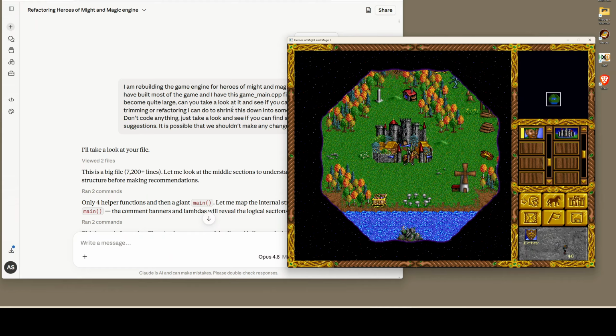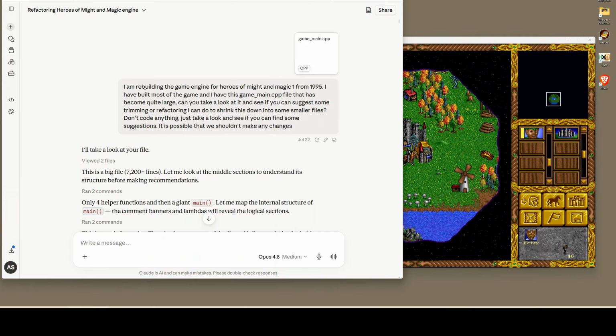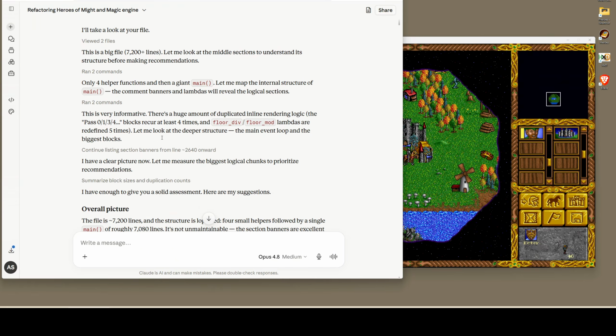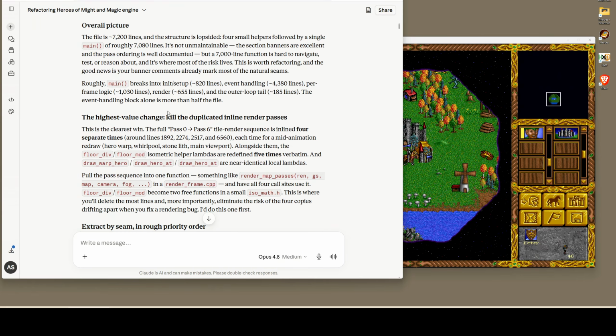So basically my game main CPP file is getting pretty big. It's 7,200 lines. And so I said, hey, let's just try and shrink this down. Let's see if we can rip something out. But don't code anything, just take a look and give me some suggestions for what we should do to refactor this and pull some things out. So I came up with a couple ideas,